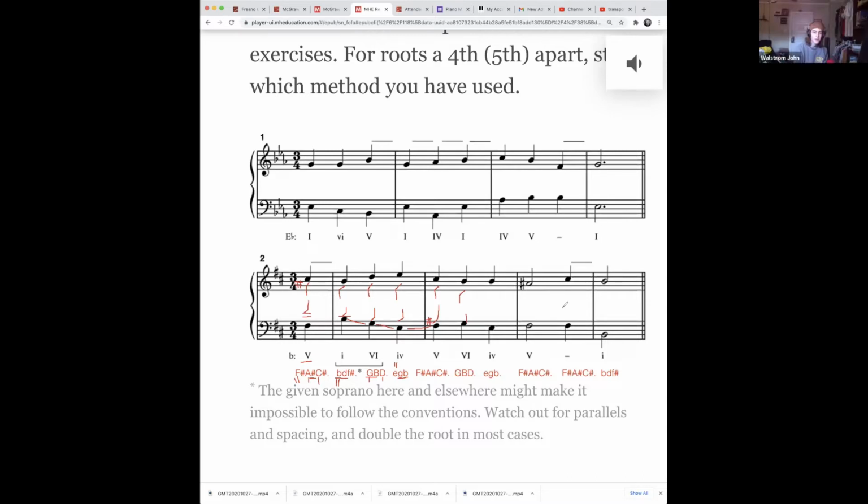Oh, we don't have a third, do we? Oh wait, yeah, we do. Yeah, we do have the third. We would frustrate the leading tone, though. Tell him to get over it. Definitely an option, right? It's an inner voice, so right? It is an inner voice. So this is where I think we could get away with